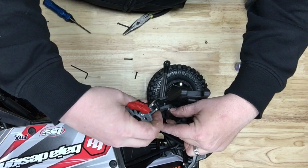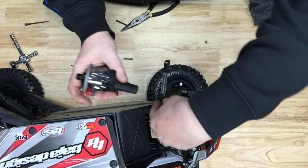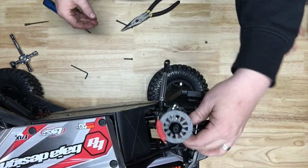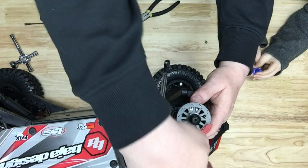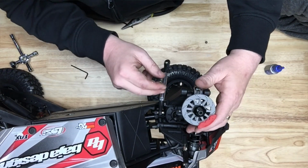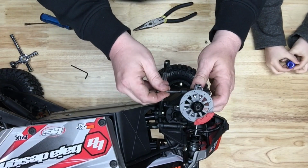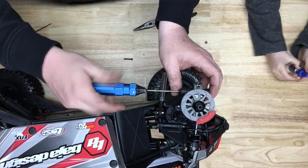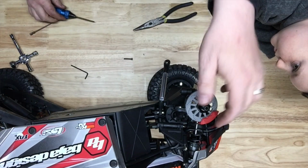So pretty simple now. Put your CVD back on. Now of course this CVD only goes in one way to these splines, so just keep turning it until you find the right way. And if you built everything correctly, your disc brake should be at the top of the truck. Like that. So now we're just gonna put the lower A-arm back on. That's this long screw here. Put it through. And if you still have your little nut like we talked about, screw it in. Nice and snug. Those are lock nuts, so they don't require any...